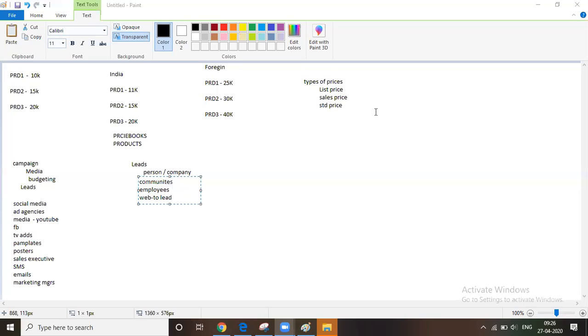The end user customer will submit that form on my website, and my website will send those details to Salesforce. Salesforce will automatically create that lead in the lead object. That is nothing but web to lead.